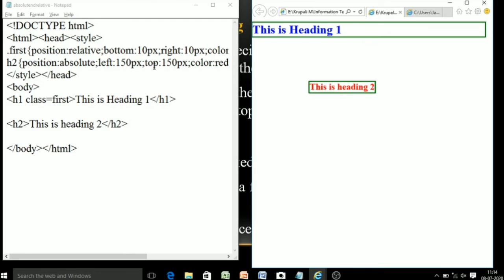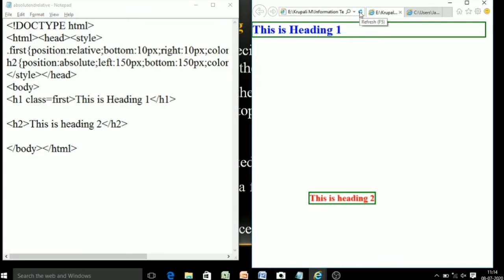If I change it over here to a bottom value and save the changes, see how it moves. So it's considering 150 pixels from the bottom of the browser window. See the changes.